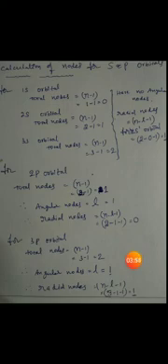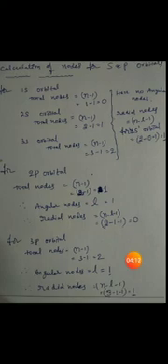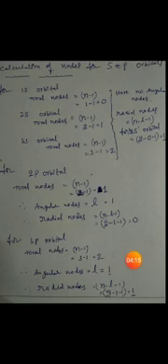For 2s orbital, you see total nodes n minus 1 formula. If I substitute the values in n minus 1 formula, n value is 2. For 2s orbital, n value is 2. 2 minus 1 equal to 1, right? And for 3s orbital, total nodes formula n minus 1 and n value is 3. As n value is 3, 3 minus 1 equal to 2. So here the total number of nodes is 2.